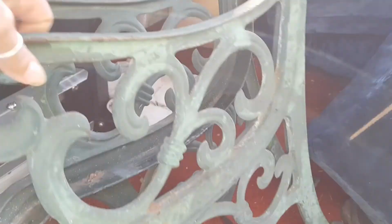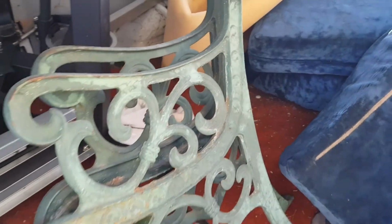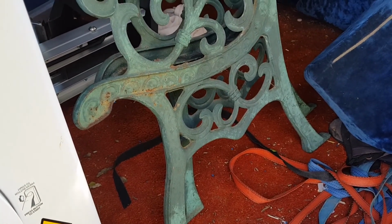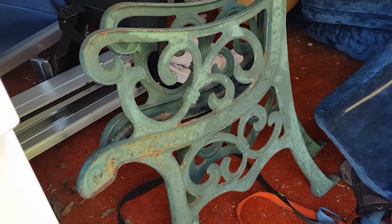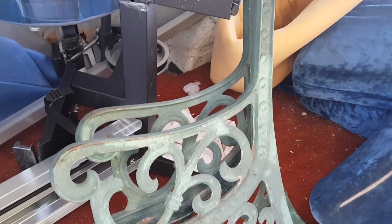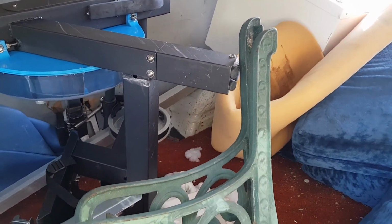These are your garden benches. But I do collect these. I've got a mate of mine, he's 81 years old. And I actually grab these at the dump and I take them around to him. And he fixes them up. He makes these incredibly beautiful seats. They're great. The timber's nice. He actually gets the timber from the dump as well. I actually grab a lot of decking boards and so forth, and he planes them down and makes it look